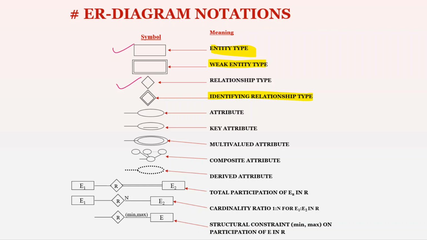And this is the notation to represent a particular property, or attribute, of an entity type, and the key attribute is always underlined. We have already covered these notations in the last lecture, lecture number 10. And this is the multi-valued attribute, which is represented with the help of a double line. So the double line is used to represent the multi-valued attribute.